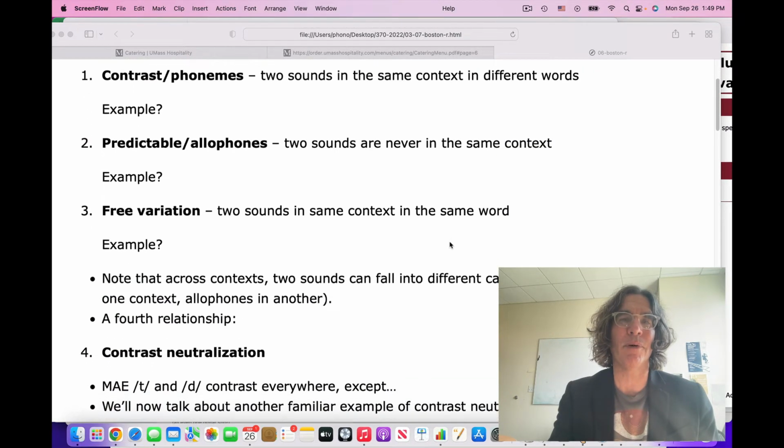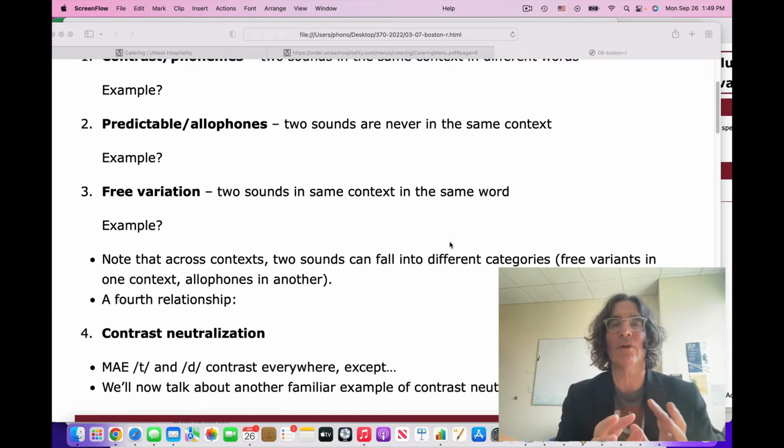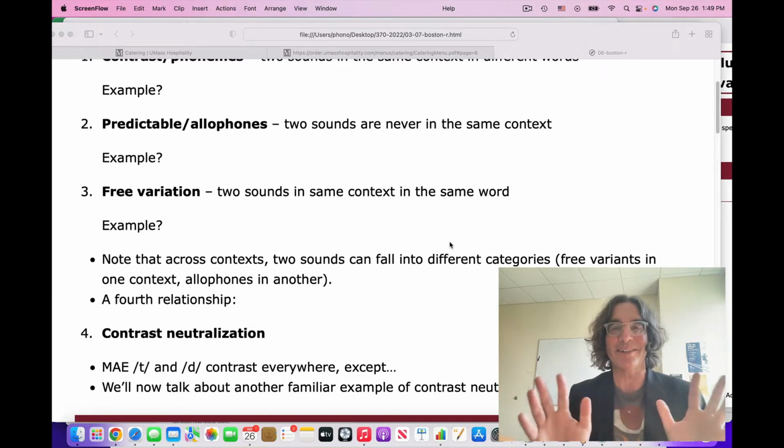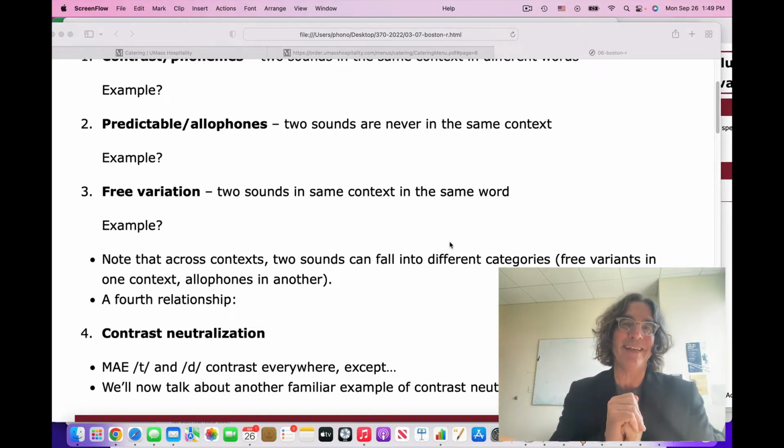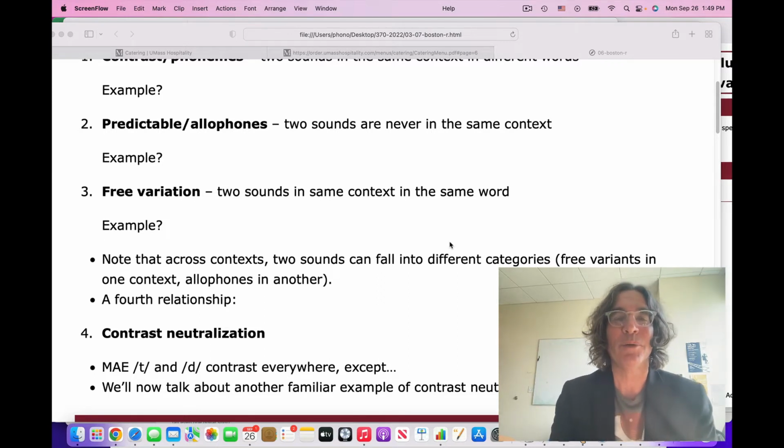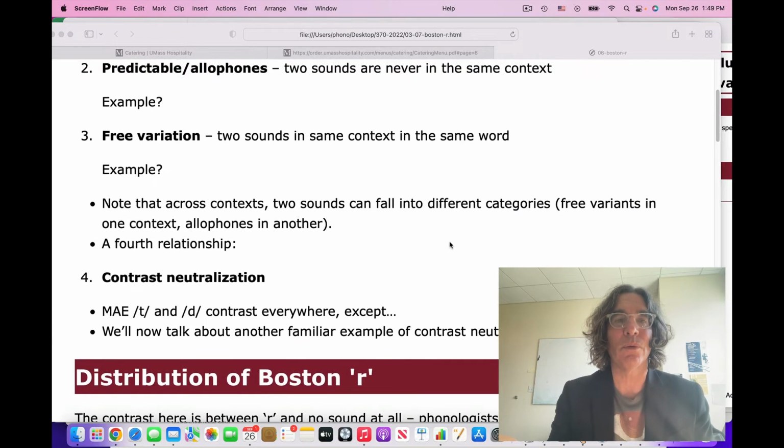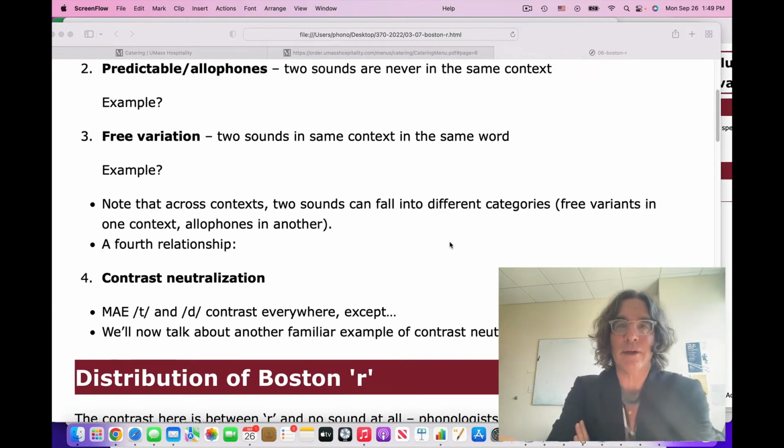So an important thing though is that across context, two sounds can fall into different categories. That is, two sounds can be free variants in one context and allophones in another. So all these relationships are a little bit complicated. And just to make it even more complicated, we're going to introduce a fourth relationship today in our discussion of Boston R. So we spent some time in our discussion period talking about the contrast between ta and da in